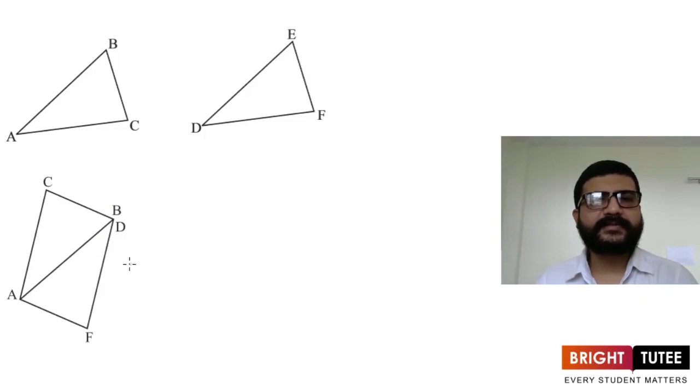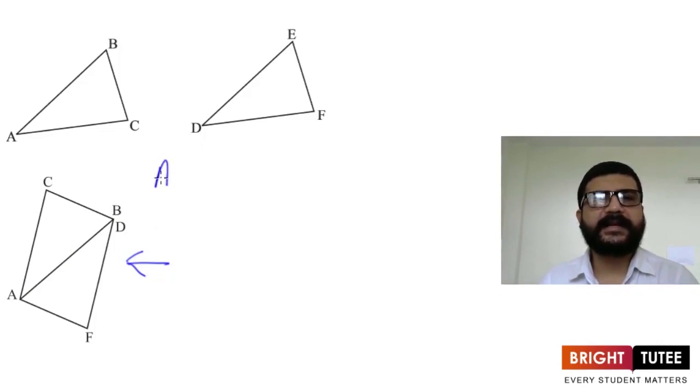So now what do you think about this figure? Is it a parallelogram? Yes, it is a parallelogram. Now do we know how to find area of parallelogram? Yes, we know that. Now can we relate area of one triangle to area of this parallelogram? Yes, we can do that also. We know area of one triangle is equal to half of the area of parallelogram, as this parallelogram has been divided into two congruent triangles, or we can say two triangles of equal areas.